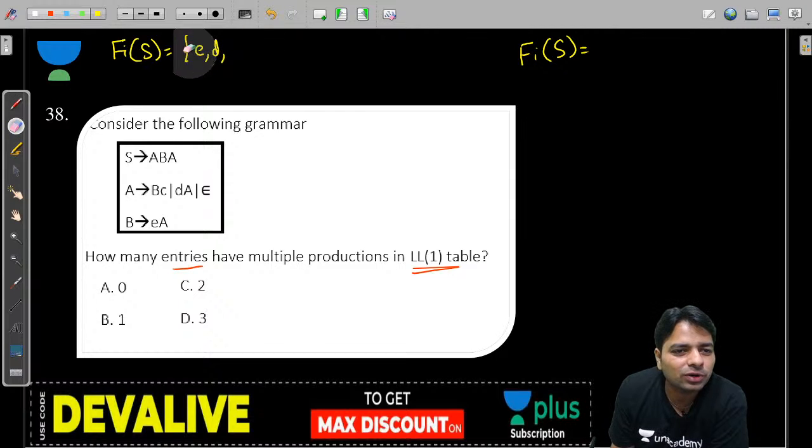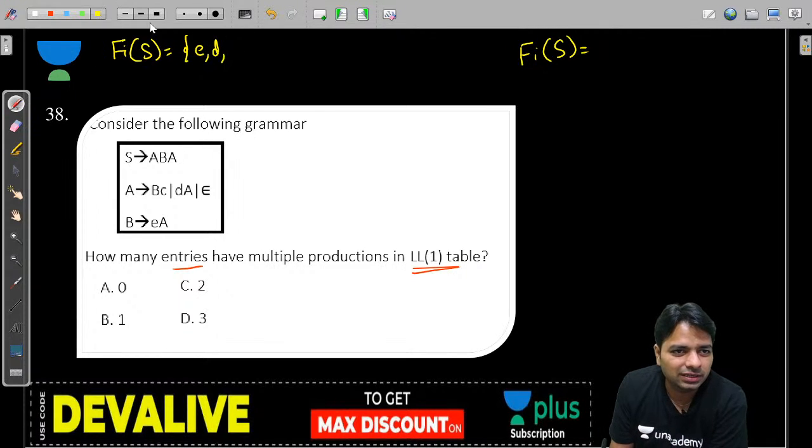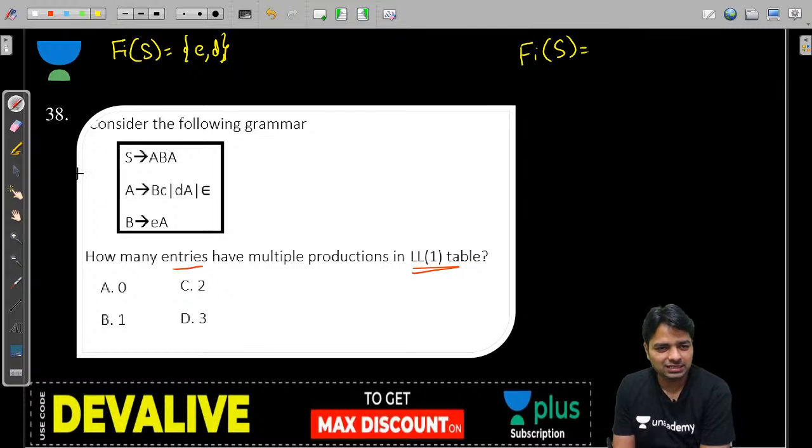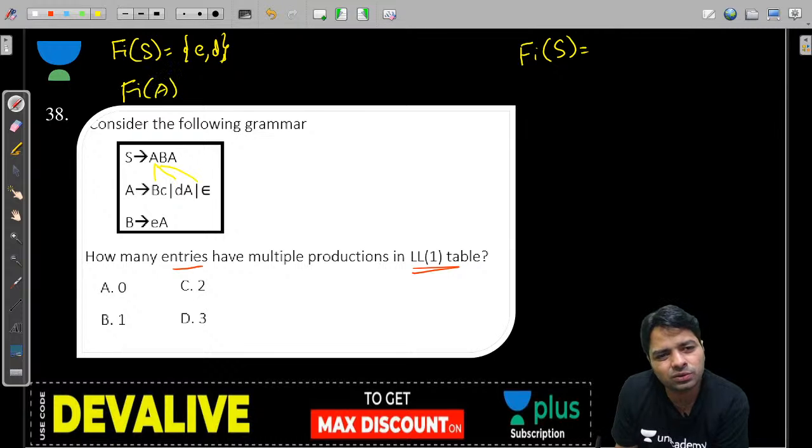I changed my mind, guys. Okay, E, D. Capital A gives epsilon, so you can go to capital B. E comes anyhow. So E comma D, that's all. Anything else? Just cross check. First of S is E comma D, because here A is there, D is there. Epsilon, when you put B, you have to depend. B gives E always. And first of A, that's what you got: the answer E comma D.